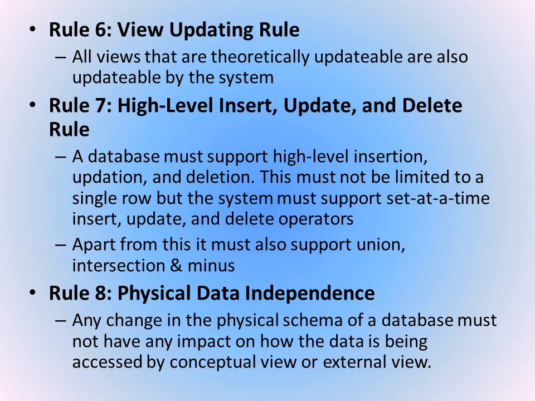Suppose there is a student table, and on top of this table we have created a view called student view. Now this student view will have a few columns from the student table. That means if the student table has 10 columns, we are going to take say 4 or 5 columns in this view. So according to this rule, all the operations that can be performed on the student table must also be performed on the student view. But this is not possible. Why? Because the view consists of only a few columns.